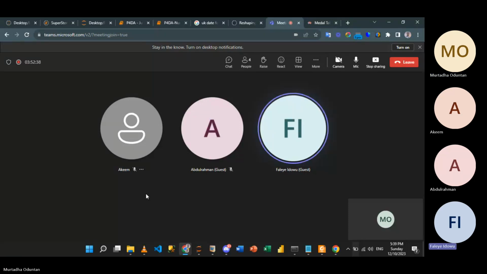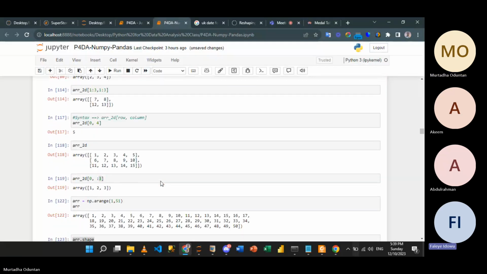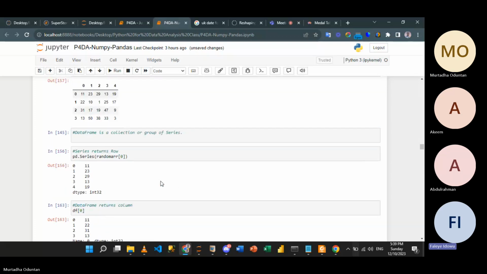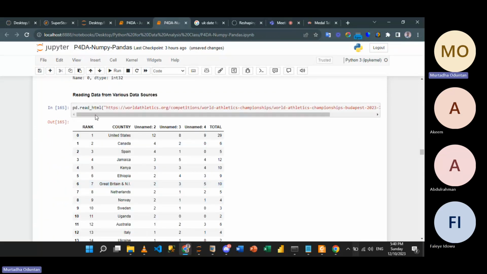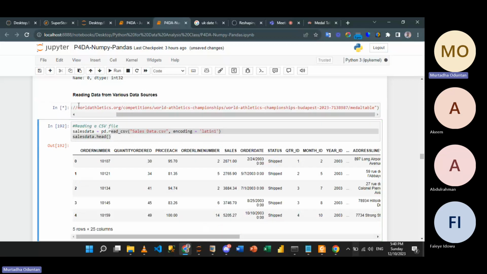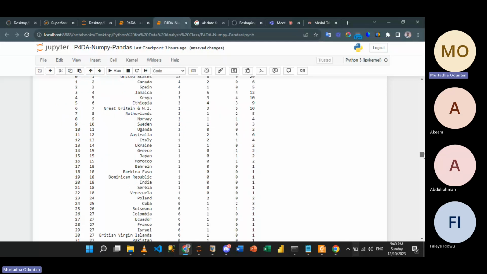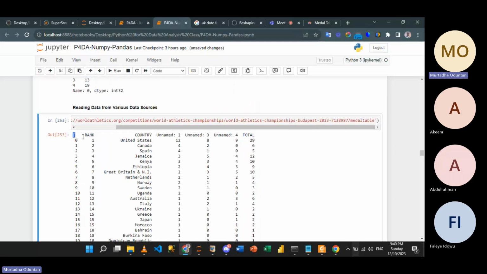Hello, sir. Yeah, I'm with you. Yeah, when we got data from the web through HTML, the data was messy. So you try to convert it to a table. Yes, the way the data came in, it was like this. Okay, let it load. It was like this, and I said that we see there that it is in a list or an array per se. Sorry, in a list, because it has